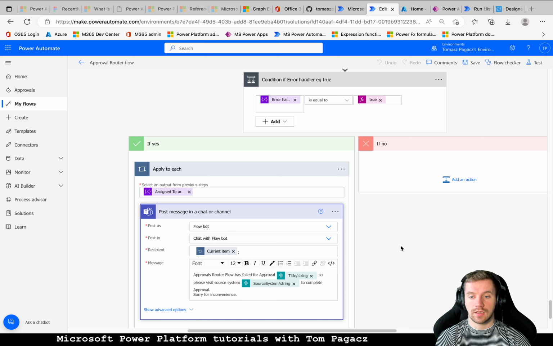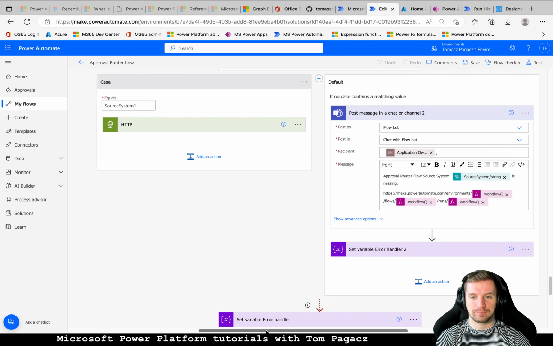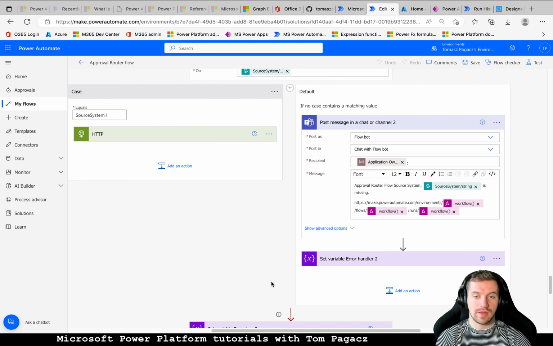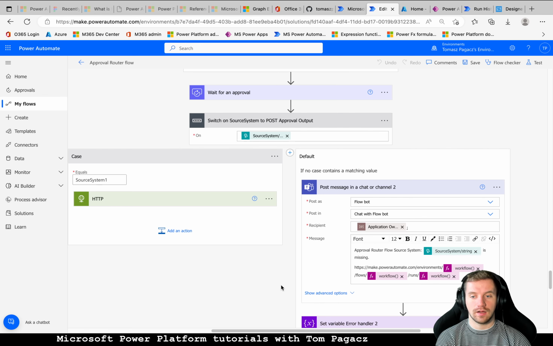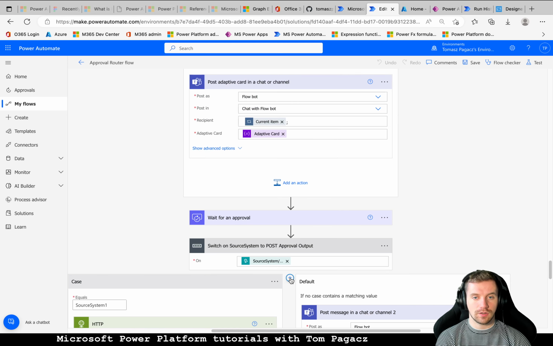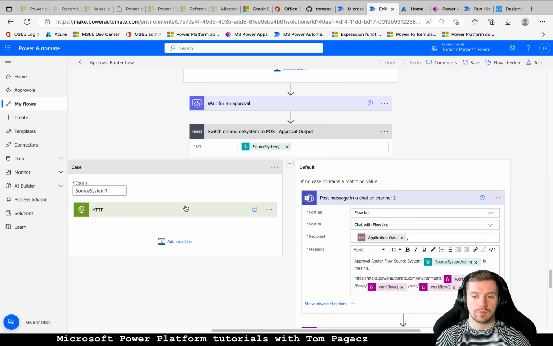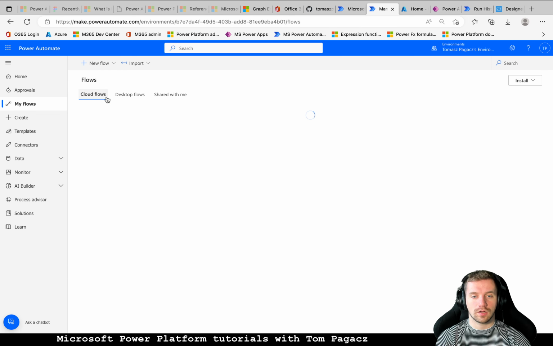There is, of course, a lot of missing parts, like multiple things in here can possibly crash, so it is not bulletproof. But it is a solid base to start building this type of solution on top of this flow. So later, in order to be able to complete this flow, we have this flow which